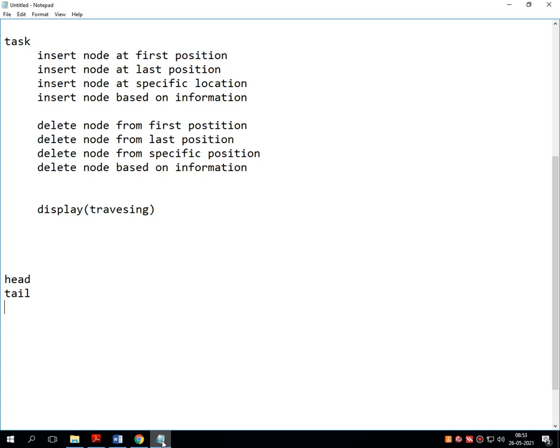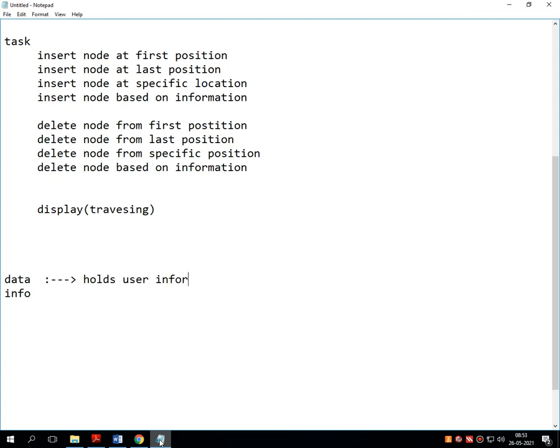These are the 2 components of any linked list. We can make it simple: data and information. These are the 2 components of a linked list, where data holds